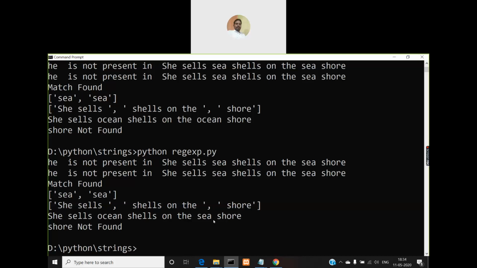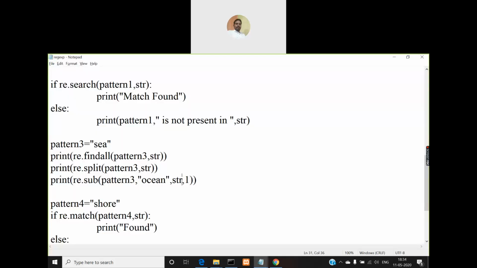So what is the meaning of the fourth parameter here? If there are n number of occurrences for that pattern, replace the first m number. I'm saying m for Mumbai. So if I give 1 here, it will substitute only the first occurrence.